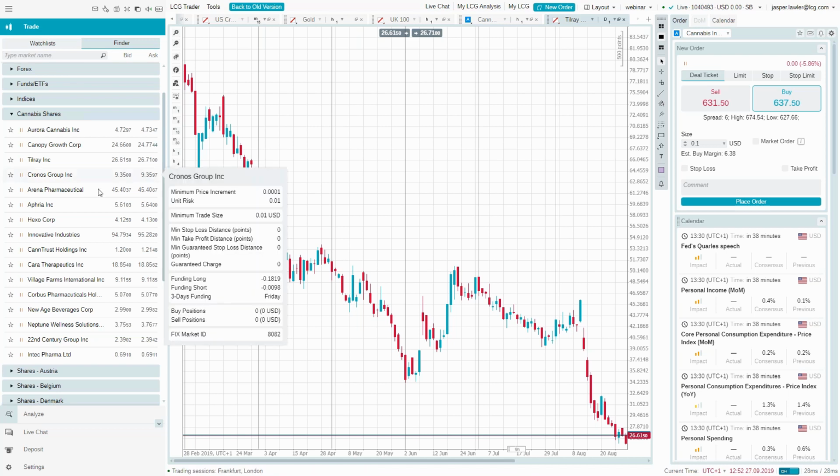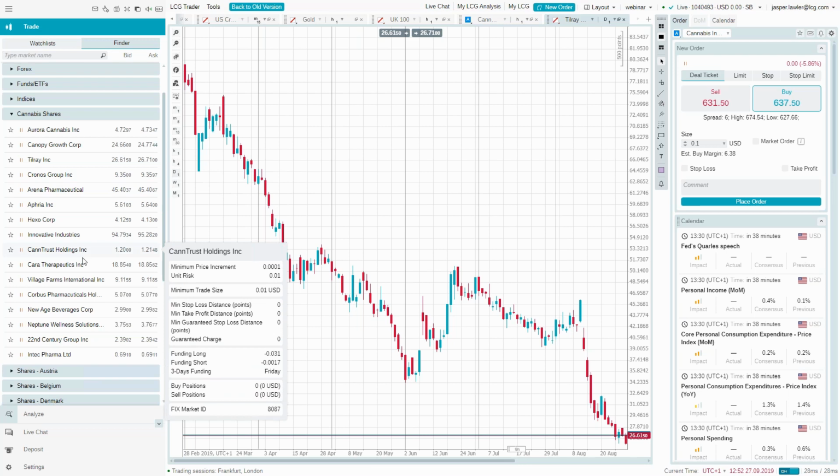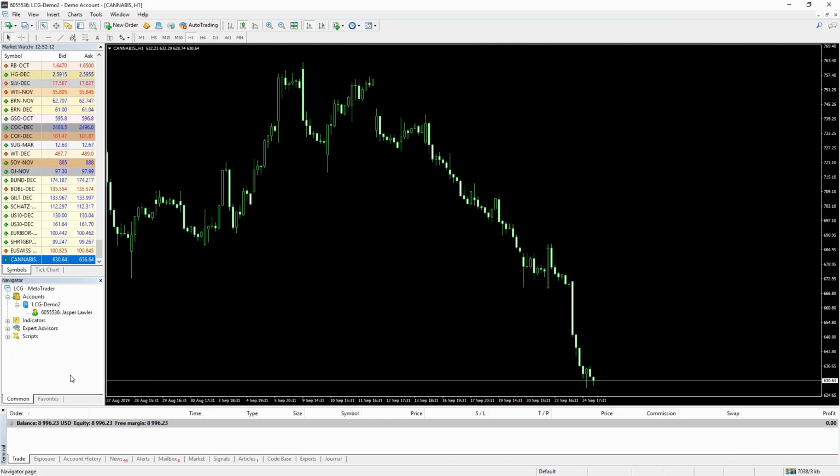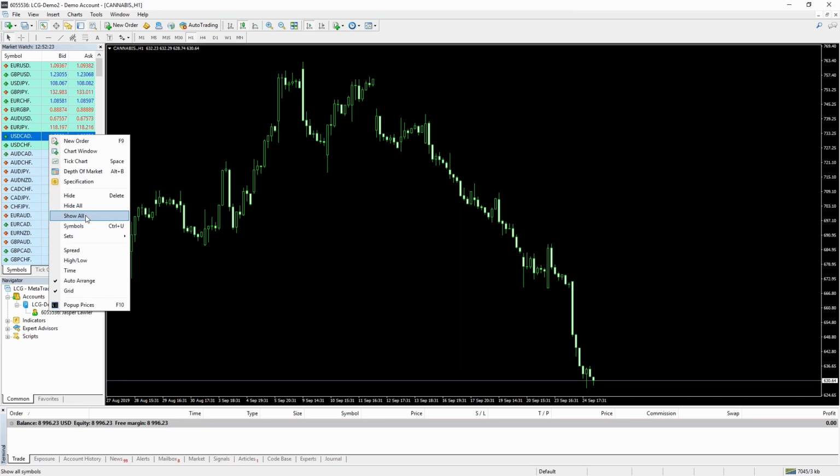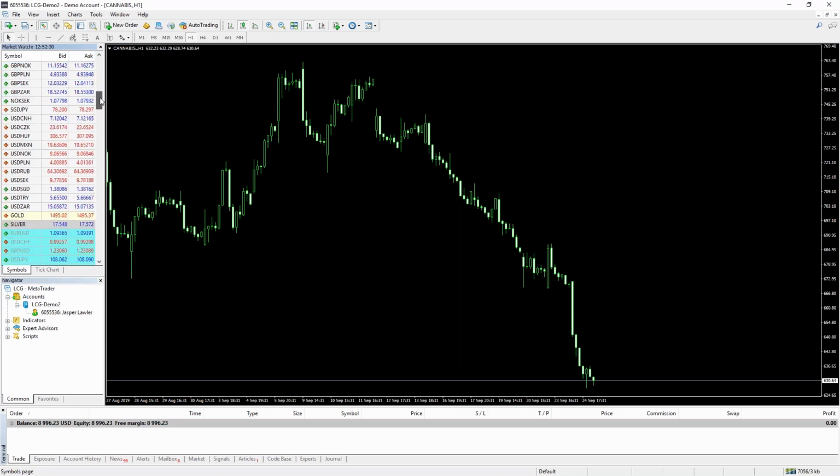And so these are all the different company shares. Let me jump over to MT4 while I'm just showing you where things are. This is the MT4 platform. When you're in MT4, I'm sure most of you have done this anyway, but you just right click in here and make sure you show all symbols. It's pretty nicely laid out, with major currencies at the top, and a section for metals and indices, etc. UK shares, US shares, and then if you scroll straight to the bottom, right at the bottom there,